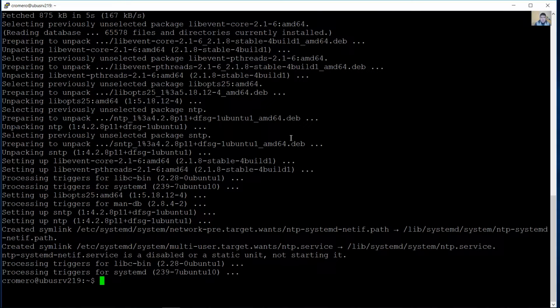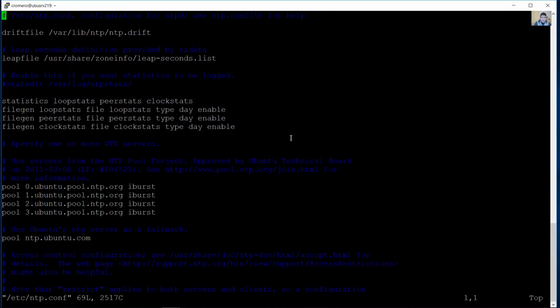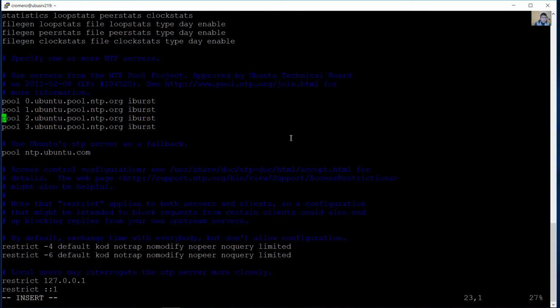First of all, configure the ntp.conf file. Use sudo and a text editor, in my case Vim, in the /etc directory: ntp.conf. Okay, press I to insert. And down here,